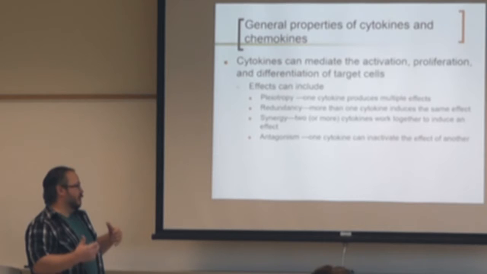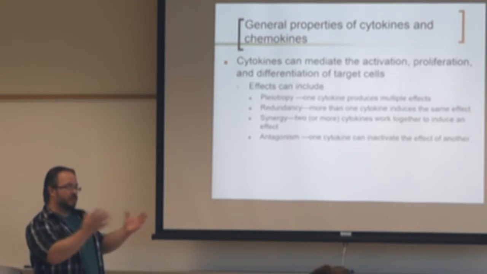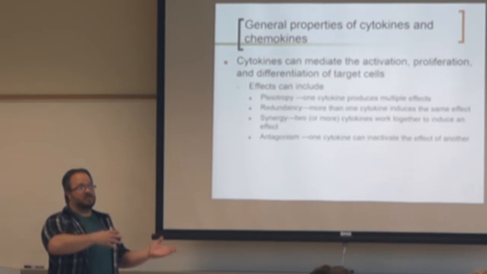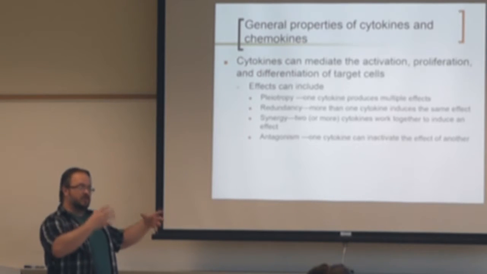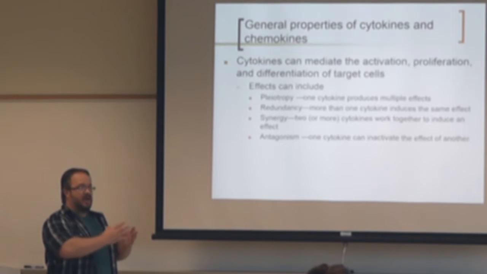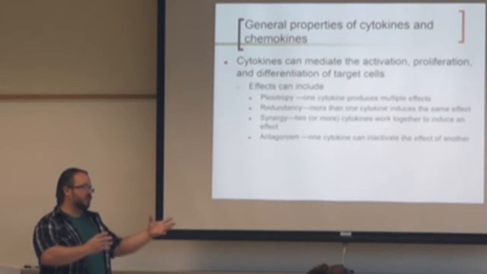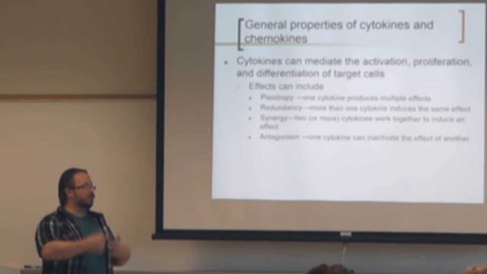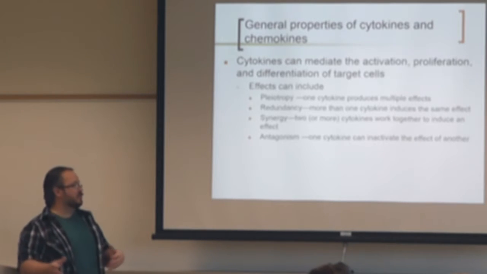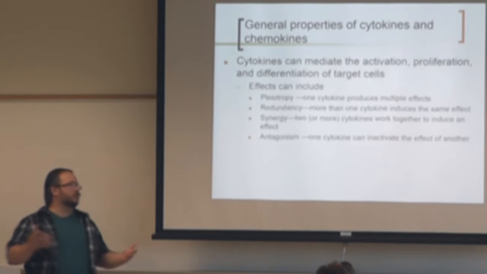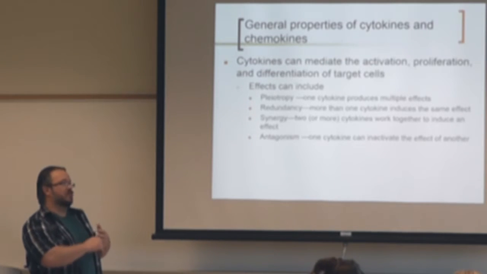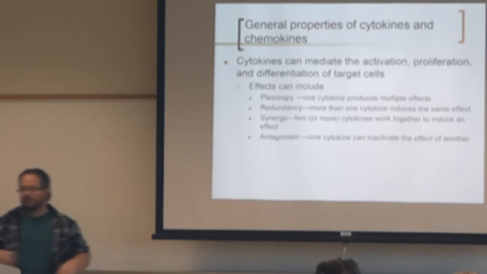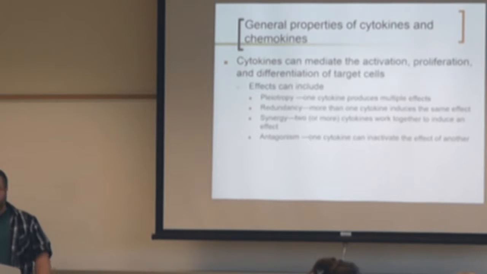Another area where that matters is that helper T cells can become Th1 cells, or they can become Th2 cells, and it depends on the cytokine milieu that's around when they become activated. So they have to make that decision. Do I become a Th1 cell that helps the cellular response, or do I become a Th2 cell where I induce a humoral response? And that is going to be based on whether they see IL-2 or IL-4, and those are going to compete for signaling. So which one is the helper T becoming cellular?